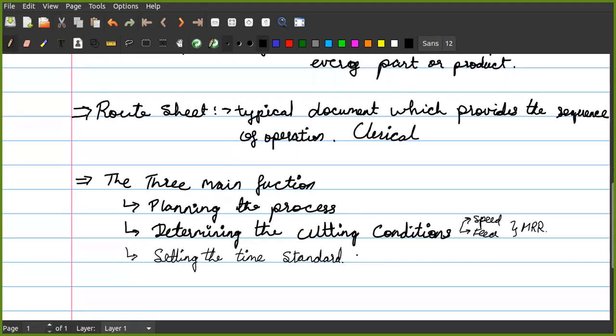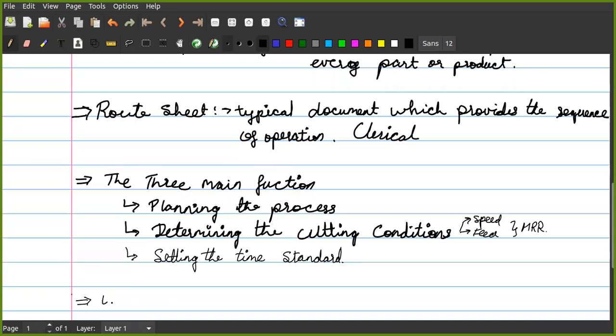Okay, so all this planning, or all this process, is dependent upon a set of decisions that need to be taken, and all these decisions are identical and are repeated over and over again. Okay, so these decisions are to be processed with the help of a computer.